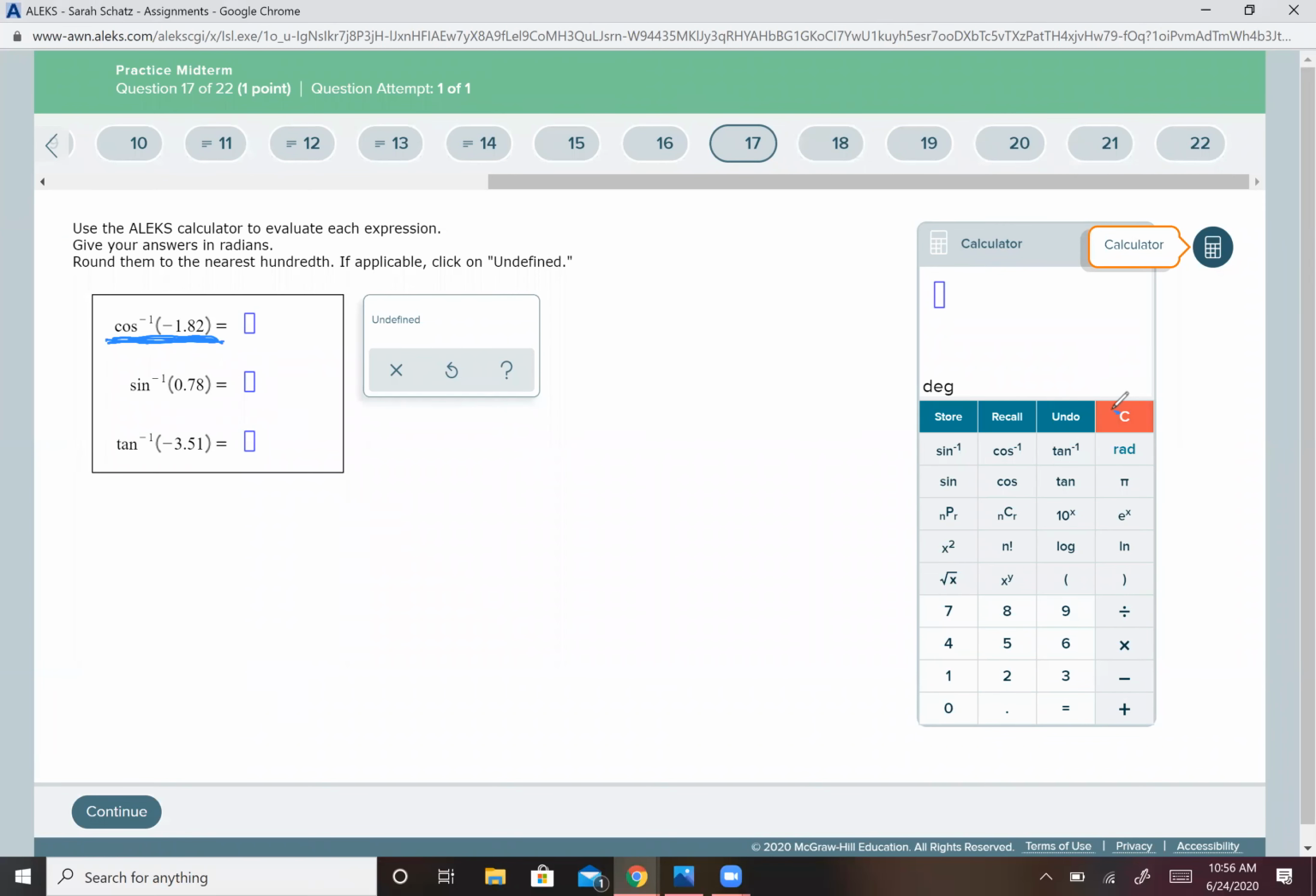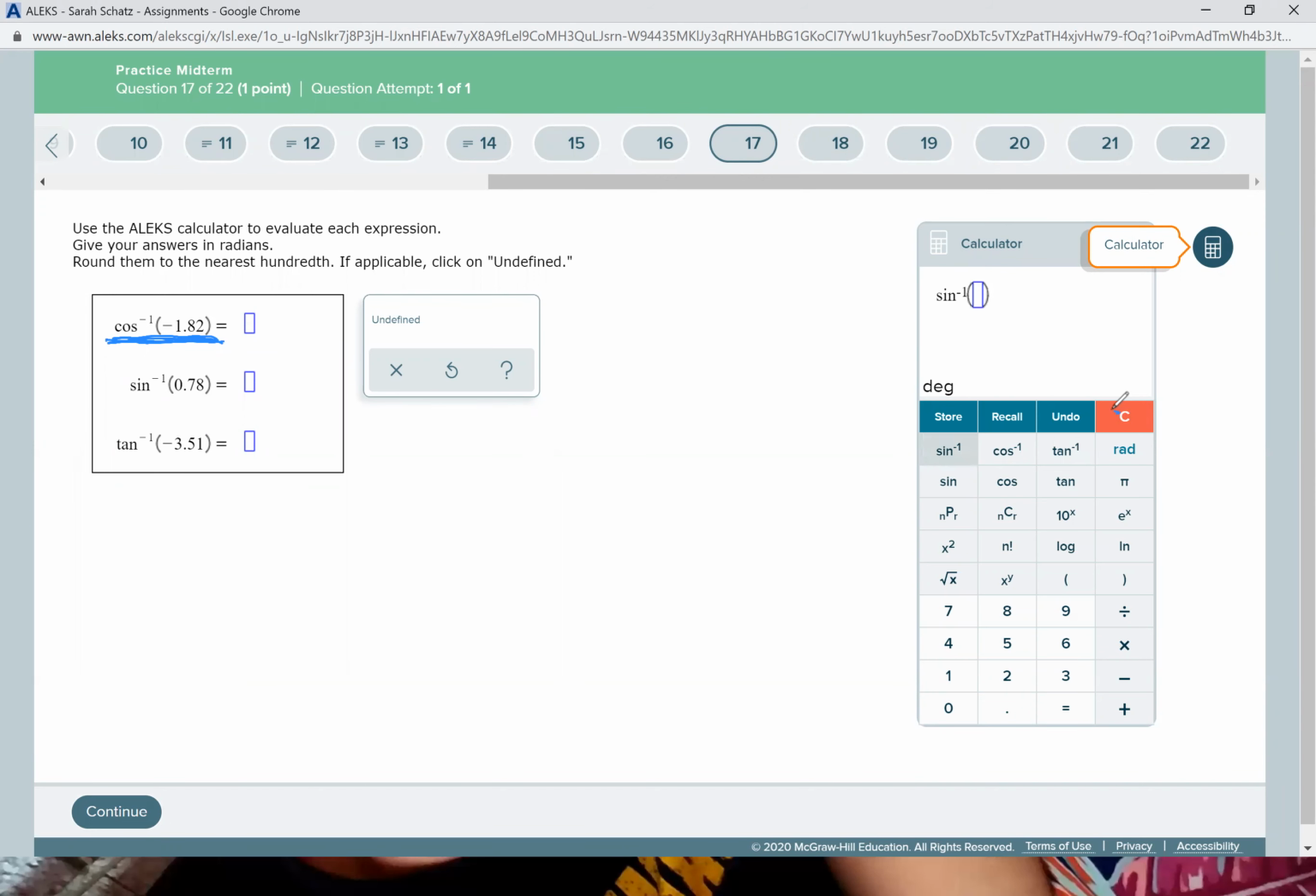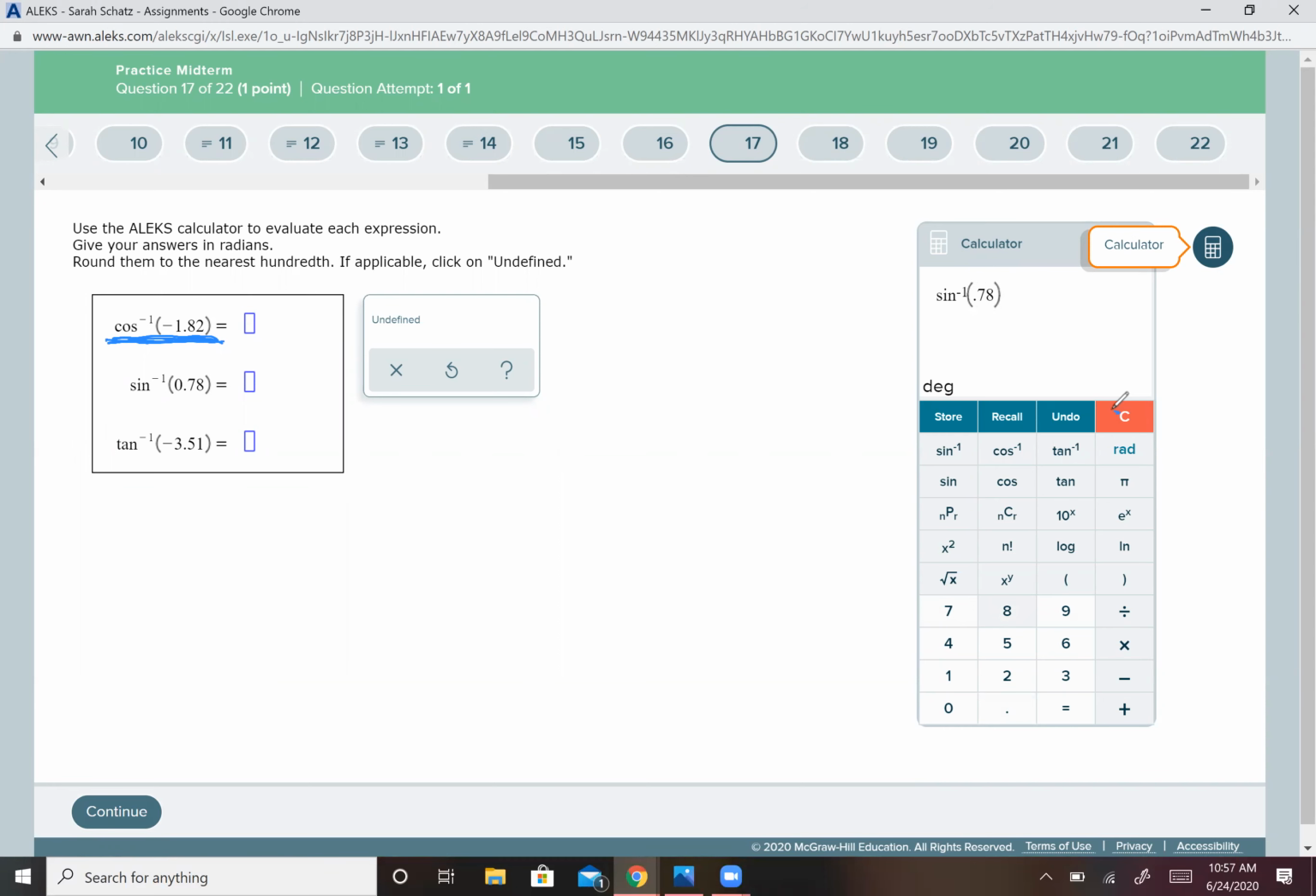All right, so on this one, I've got inverse sine of 0.78 equals, and we get an answer there. And so you put in that answer, rounding to the nearest hundredth, I would put in 51.26. Too easy. Inverse tangent,